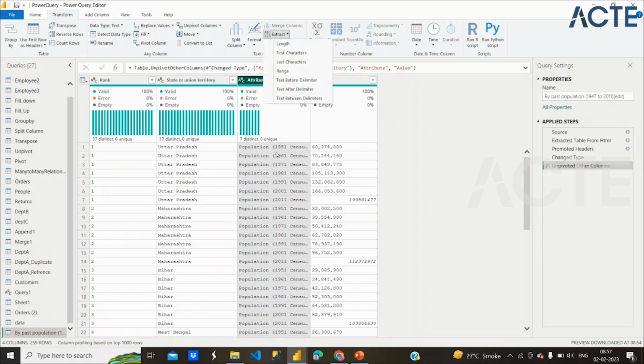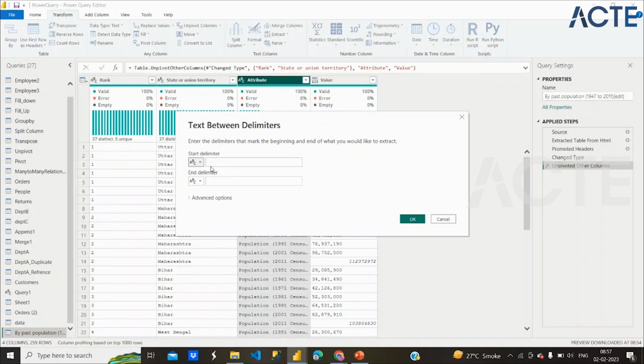So what we have to do is, you can see this is our delimiter, right? This bracket, and after 1951 we have this space as our delimiter. So we'll use text between delimiters, and we'll give the start delimiter, that is this bracket, and the end delimiter, that is a space. You just have to click the tab button once. Okay, and then click on OK,